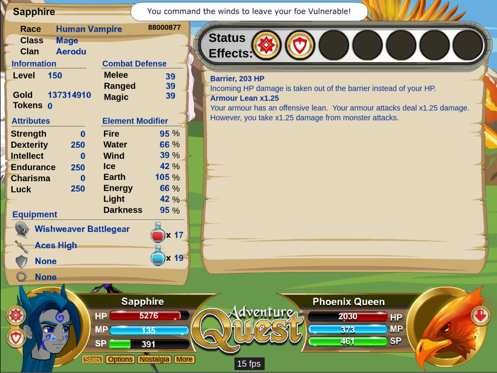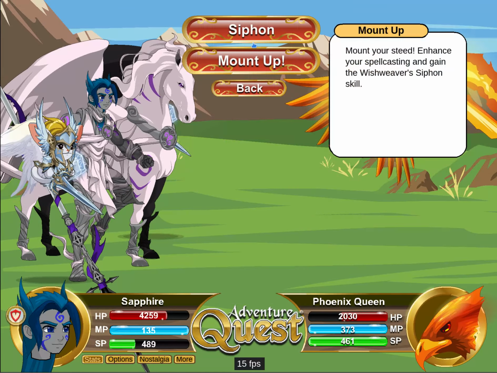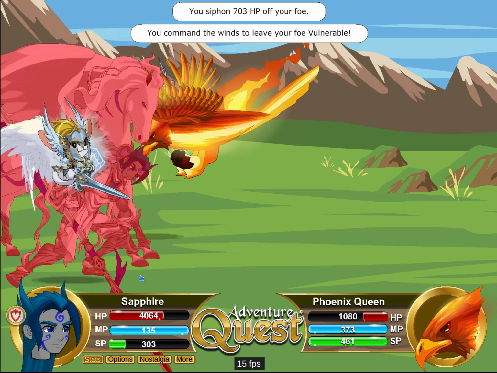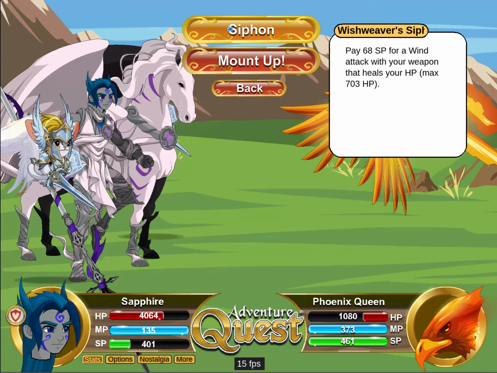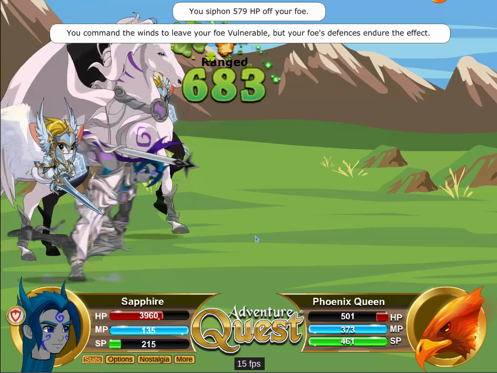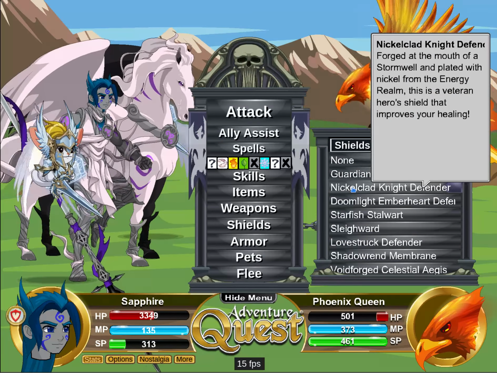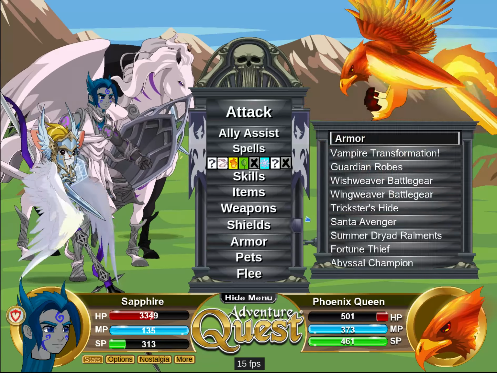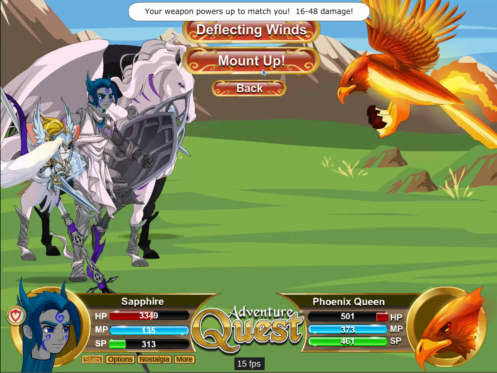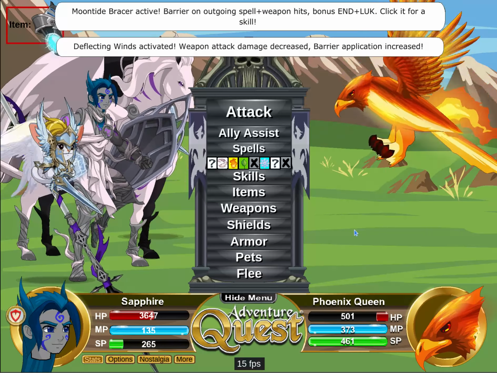So as you can see, we have 203 barrier here. It's not bad. So in this case, we had a 203 barrier plus a 703 hit point heal. So it kind of makes sense to use this siphon mode with the barrier. It'll help with your defense. So now what I'm going to do is use Nickel Clad Defender. I'm actually going to swap to Wing Weaver and dismount, and I'm going to go to barrier mode, and then I'm going to use Moontide Bracer, which is